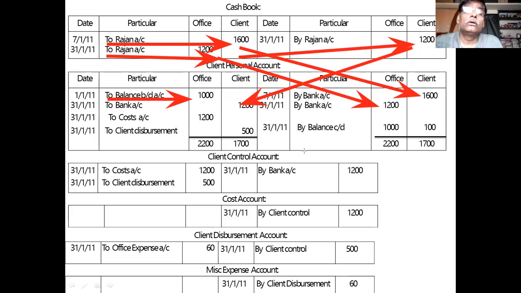After this, what to do? You write the fees and disbursement on the debit side here. This is disbursement regarding the check. Fees received. Fees received go to your cost column. You come here, and the second is disbursement. From disbursement, you record here and come to the disbursement account.